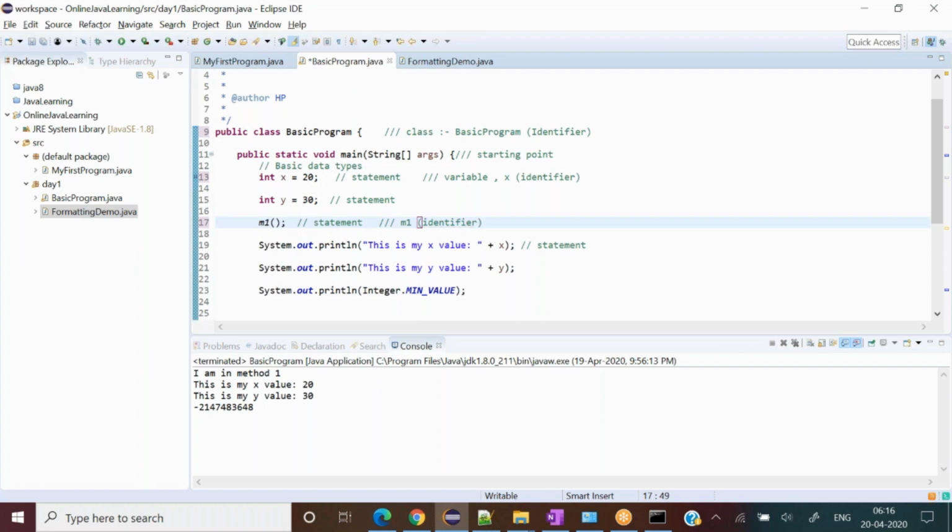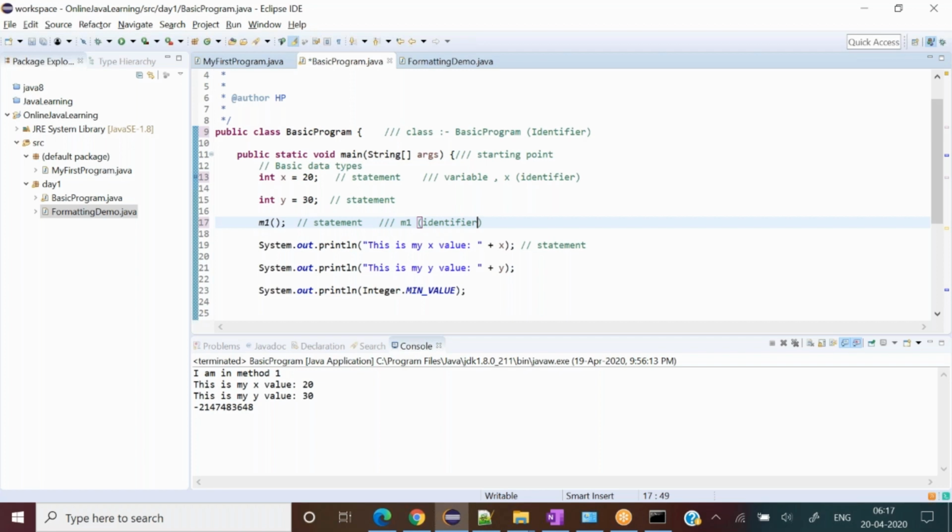Small terminologies, but one must know what is called an identifier. Whatsoever name we define with respect to the variable, the class, the method, all are called identifiers. That means how do we identify them? Those things are called identifiers. Now the terminology or definition is clear to us.